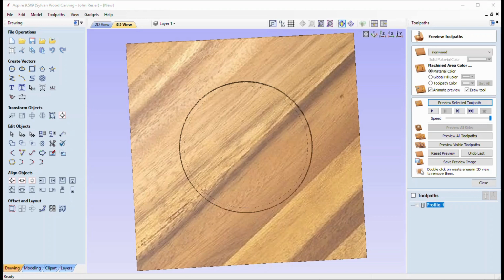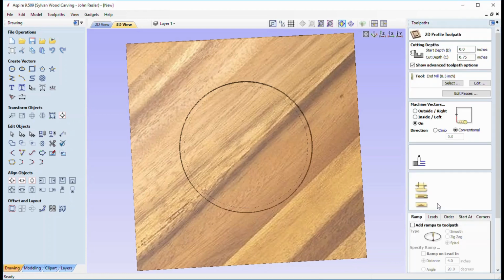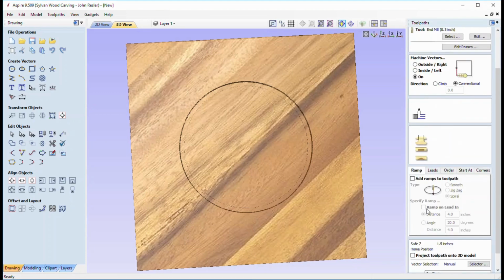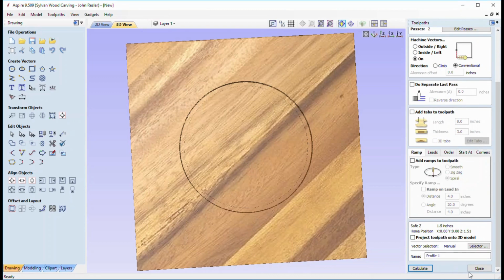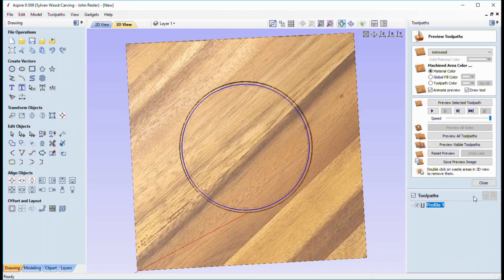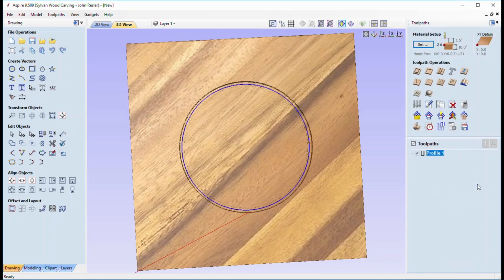So when we go to create our toolpath, let's say we want to make sure that the newbie does not accidentally pick the wrong tool to save as their cut path.